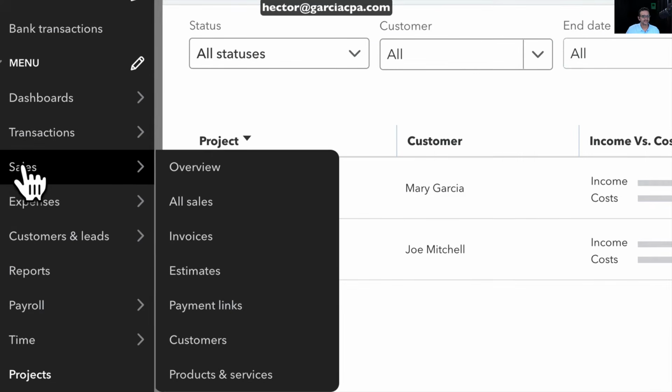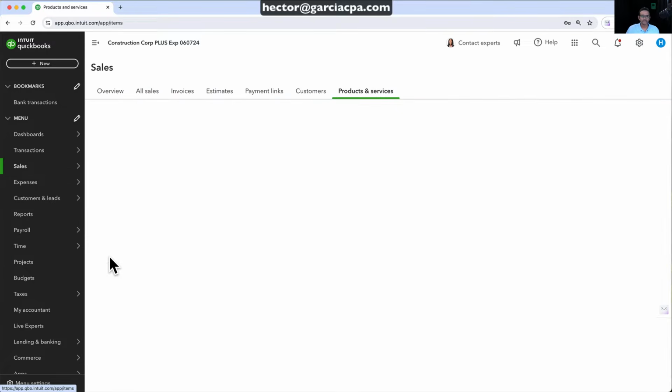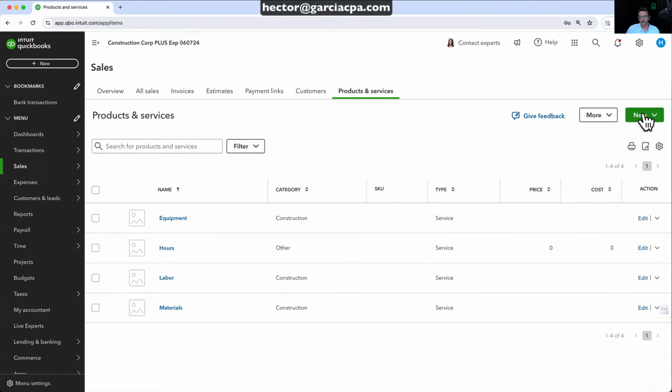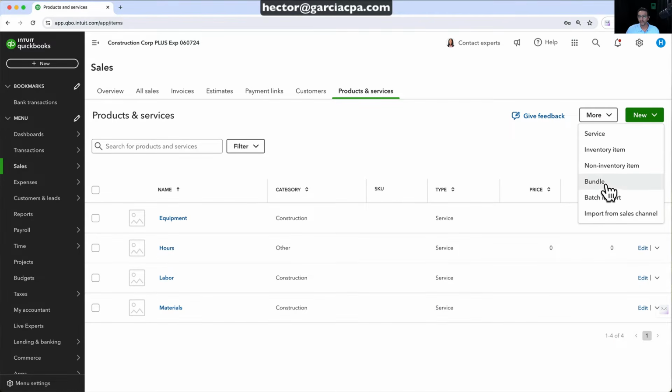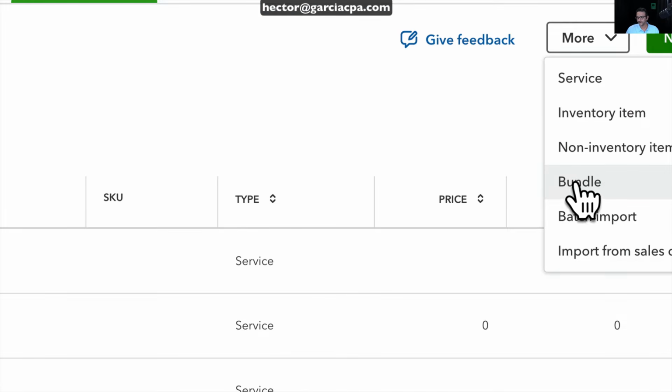So we're going to go here in the sales tab on the left-hand side and then go into products and services. And then in products and services, we're going to go to new. On the top right, we'll click on new. And then we're going to do a new bundle. Bundle, that's what we're going to do, right? So when we do a bundle,